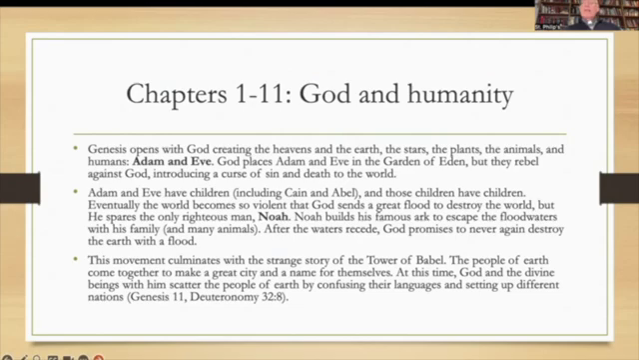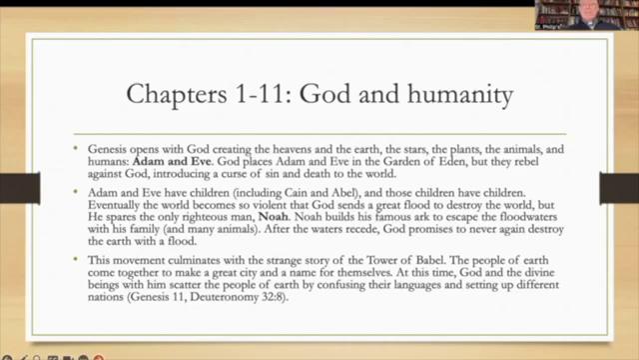sends a great flood to purify the world, not to destroy it really, but to purify it. And he spares the one righteous man, Noah, the only one he can find. And Noah builds his famous ark and takes his family and the animals onto the ark. And then when the ark comes to dry ground after the waters recede, God promises to never again destroy the earth with a flood, puts the rainbow in the heavens as a sign of that covenant that God will never again destroy the earth